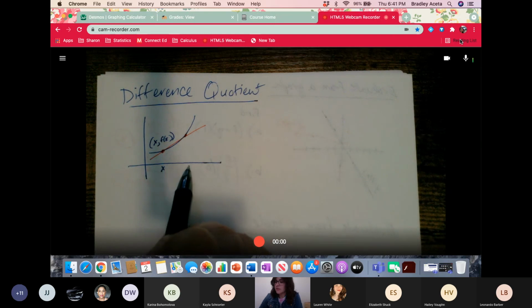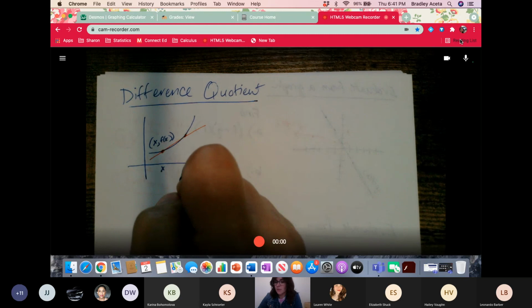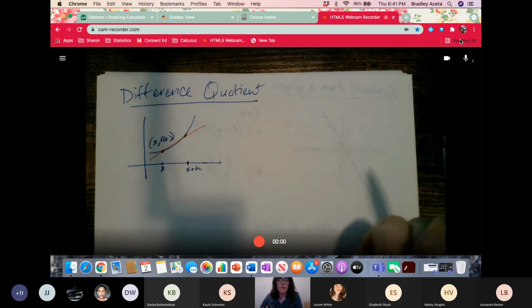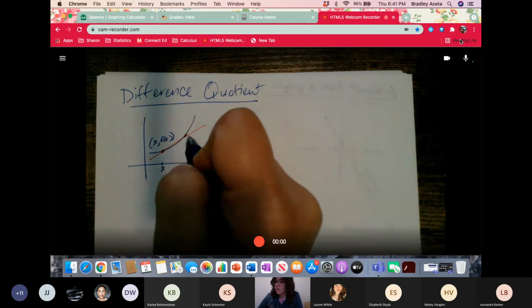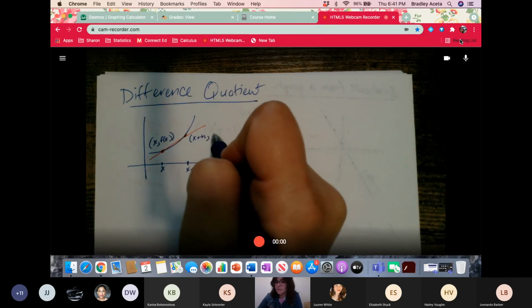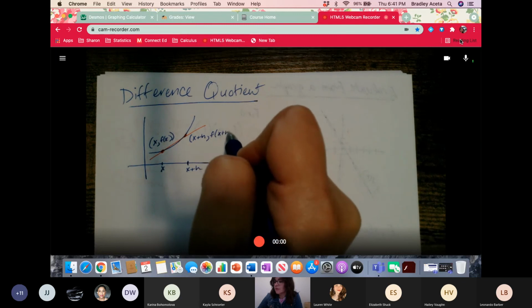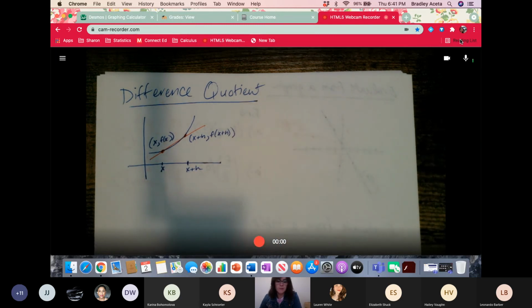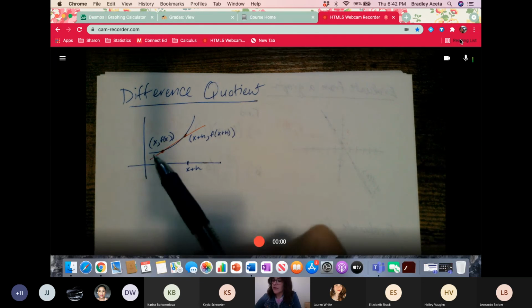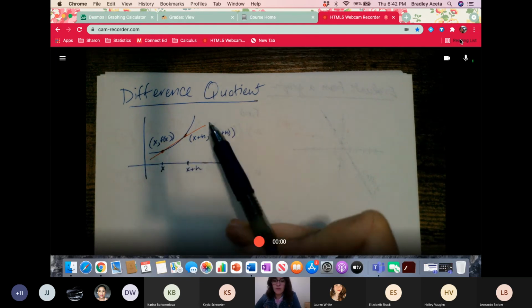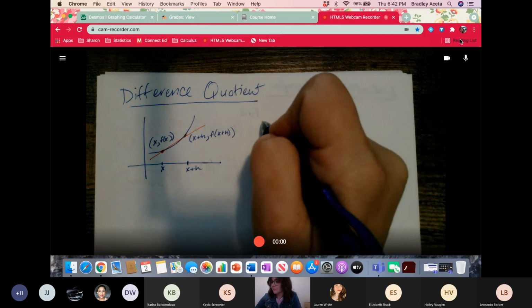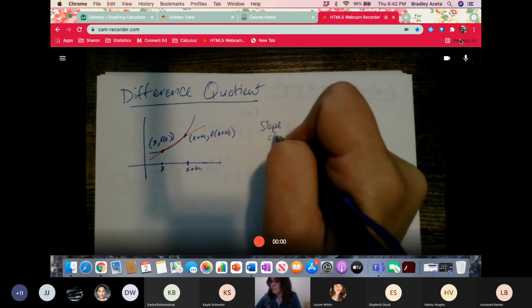Let's go a certain distance away and call it H distance away. So this point right here would be X plus H units away. This coordinate would be the X plus H coordinate, and the f of X plus H would be the Y value. Now, if I asked you to find the slope of this red line, which is known as the secant,